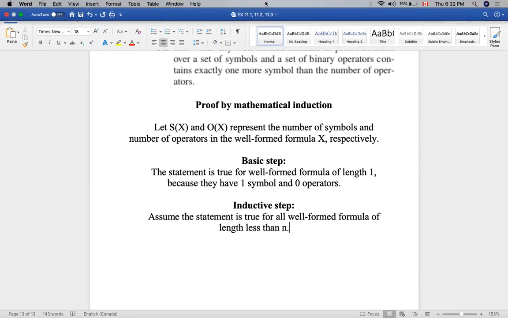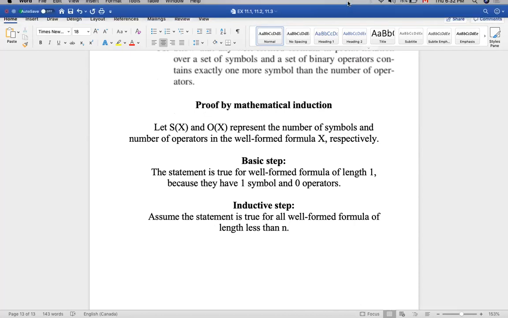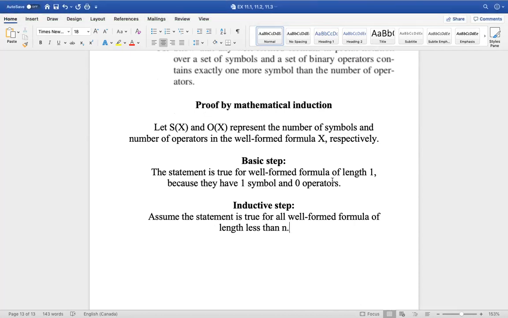So we are basically assuming that this is true for all formulas whose length is less than n. A well-formed formula of length n